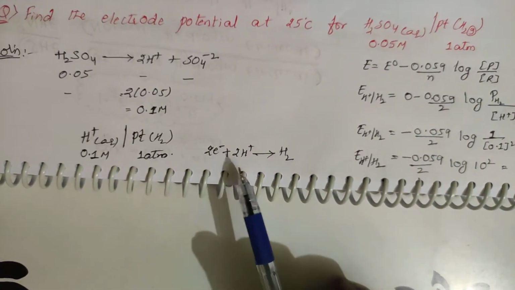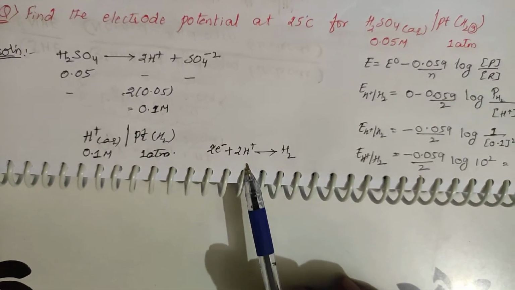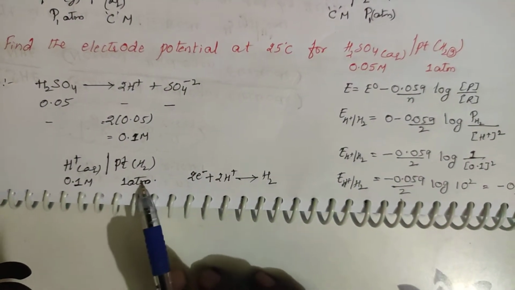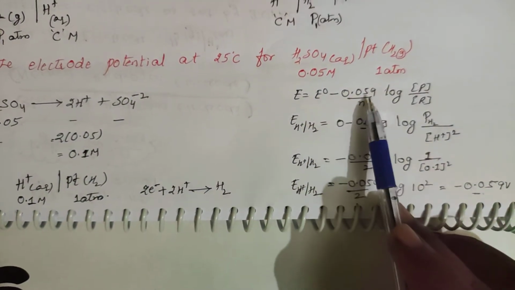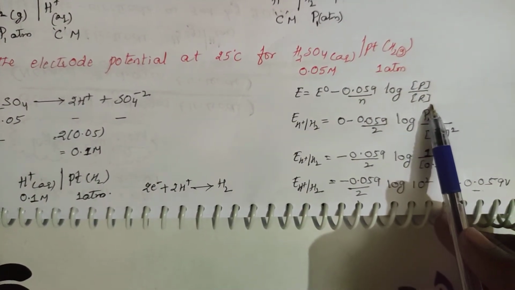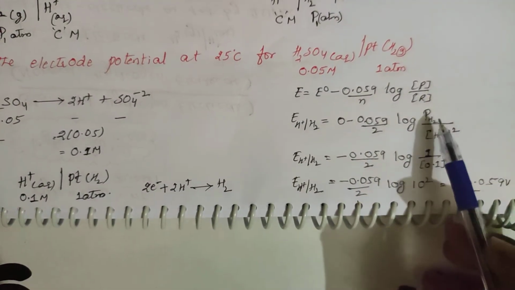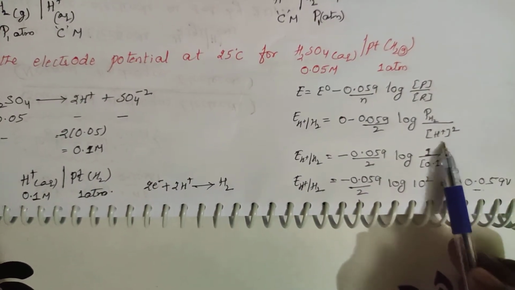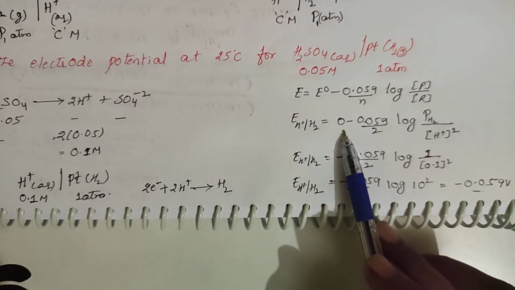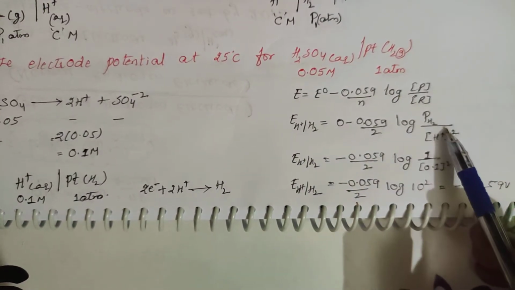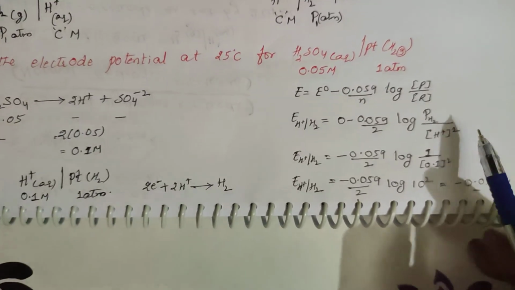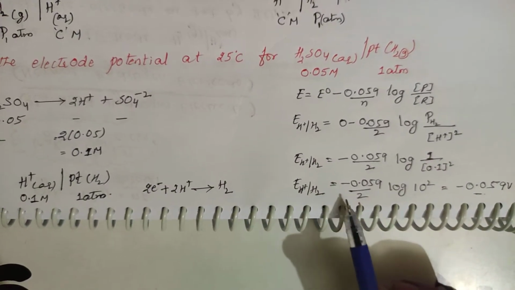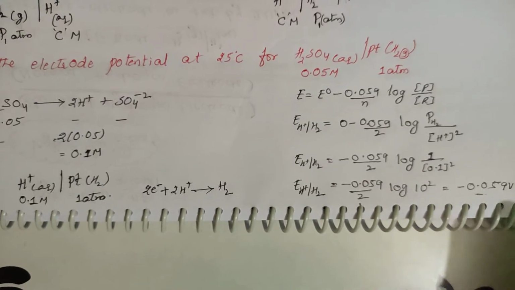So here you are trying to find the reduction potential of the electrode. He is asking for electrode potential. Electrode potential should always be found out in reduction only. So if you write it in the reduction form, this is the condition. E will be equal to E naught minus 0.059 log products concentration by reactants concentration. What is the product here? H2 is the product, and it exerts pressure, so it is PH2 by H plus whole square. E naught is 0, so 0 minus 0.059 by 2 log of partial pressure of H2 by H plus ion concentration whole square. So minus 0.059 by 2 log 1 by 0.1 whole square. So E of H plus to H2 will be equal to minus 0.059 volts.